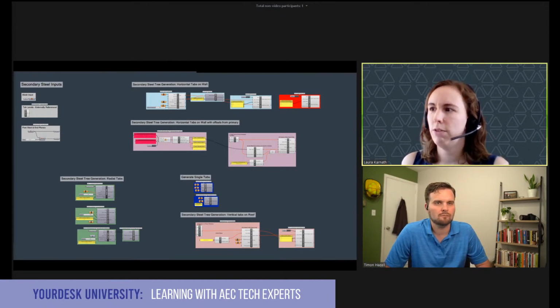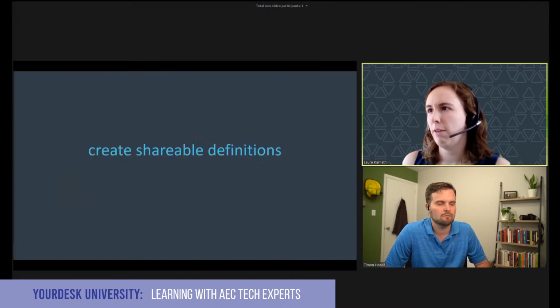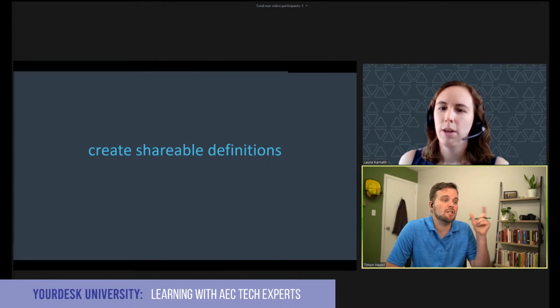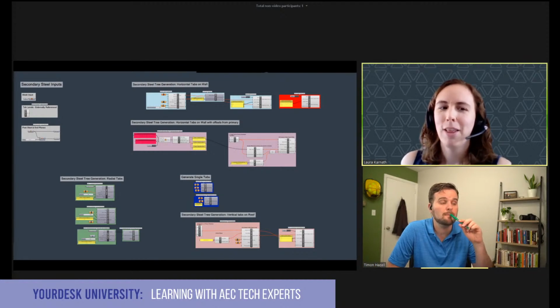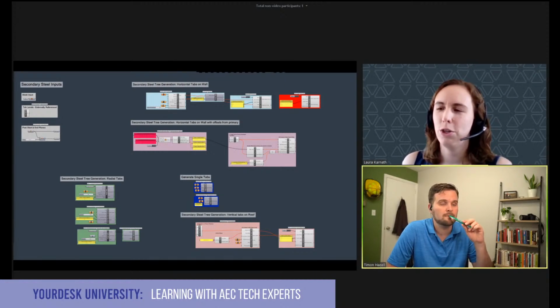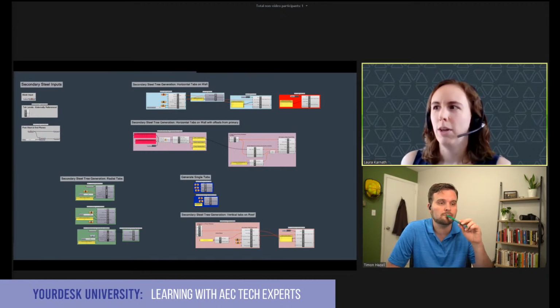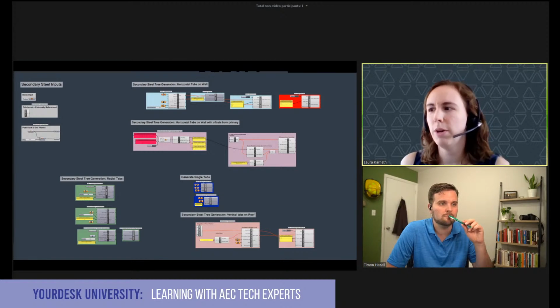The other advantage of that in terms of sharing work is that if somebody has to take over someone else's portion of the project or portion of the geometry, they know what the basic building blocks are and they don't have to relearn someone else's system of laying everything out. And those are all just clusters. Is that right? They're all just clusters. So that spaghetti mess that I showed earlier exists inside the cluster to a certain extent, although I've taken some extra steps to label so people understand what each component is doing.